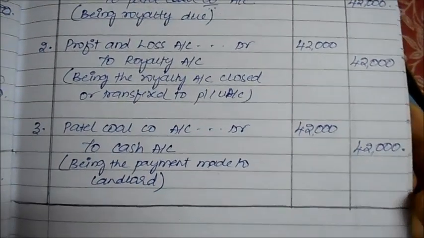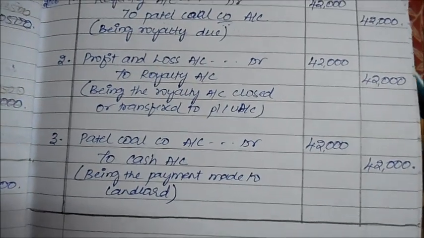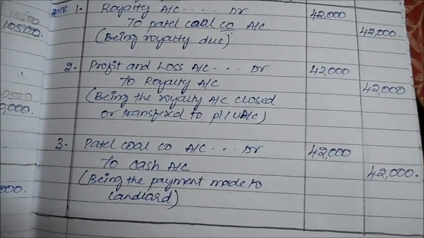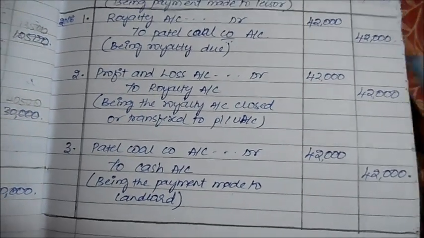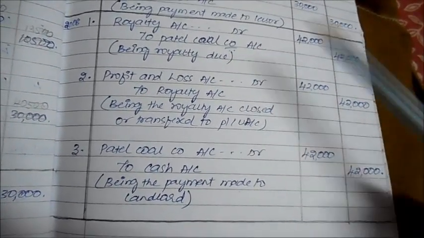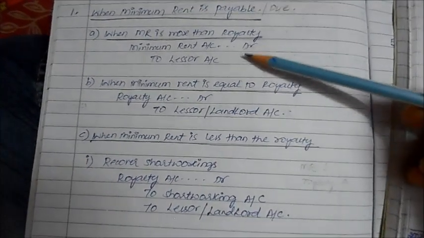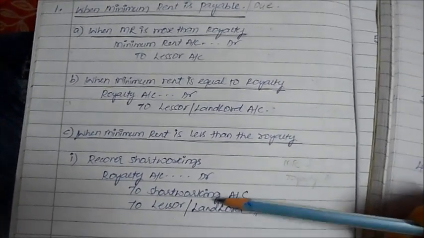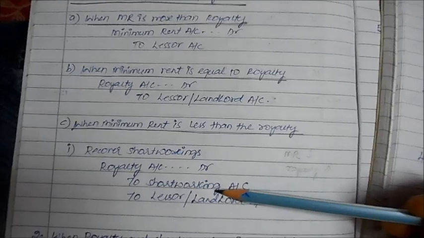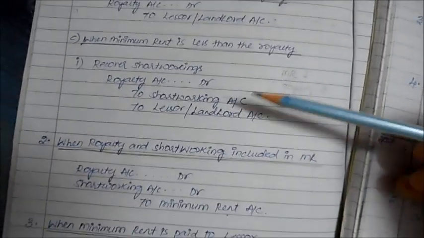And the last is when you are transferring royalty to profit and loss account in order to close the books, which is P&L account debit to royalty, 42,000, both applicable. These are just rearranged. If you put them in the right order, it will all be right. So first comes this, then this, and this one. The conclusion is that you should be very careful with these entries. Whenever there is no short working, at that point this particular formula is utilized. Otherwise, you can carry on with the same.